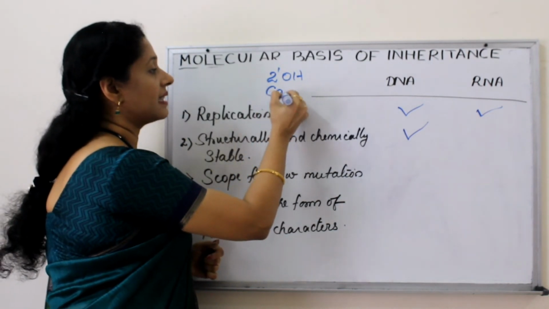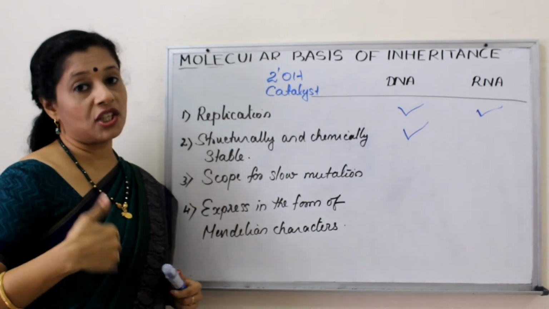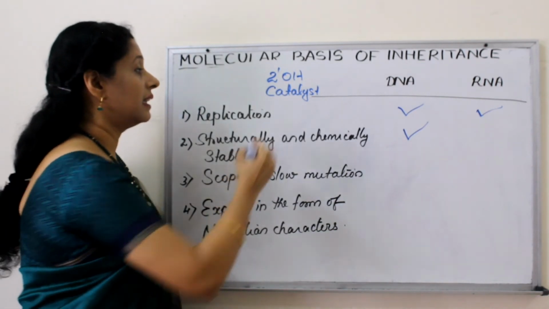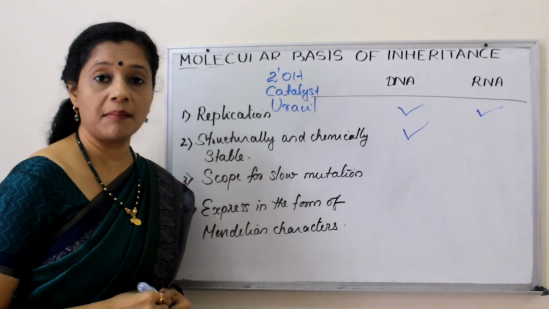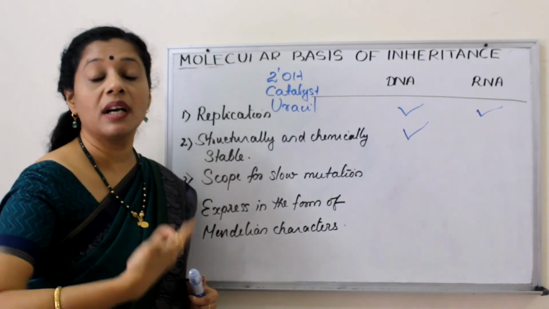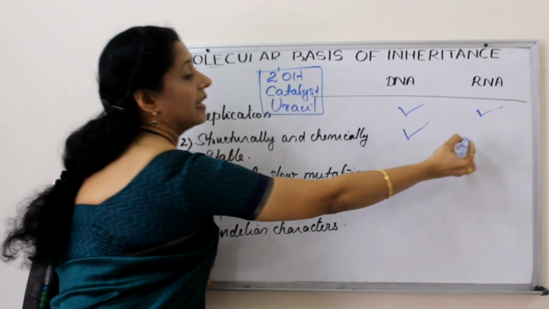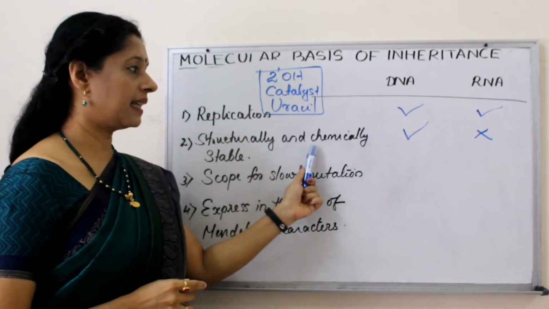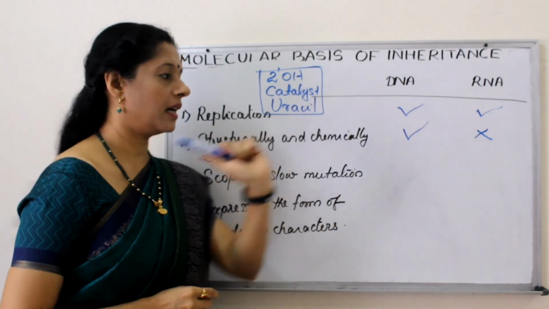Second, RNA is a catalyst. It has catalytic activity. So naturally it is more reactive, because catalysts are more reactive. Then third, it has uracil instead of thymine. DNA has thymine, which gives it more stability, whereas having uracil, RNA is more reactive. So because of these three characteristics, RNA is very reactive, so it is unstable. In this test, who is passing? DNA is scoring a point, whereas RNA is a little down.